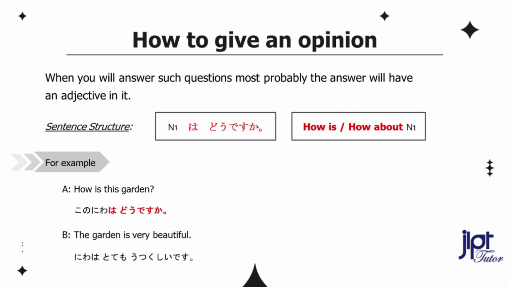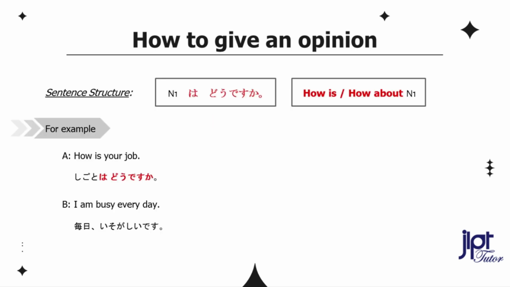You can respond, the garden is very beautiful. 庭はとても美しいです。Let's do one more. If your friend asks about your job, how is your job? 仕事はどうですか？I am busy every day. 毎日忙しいです。